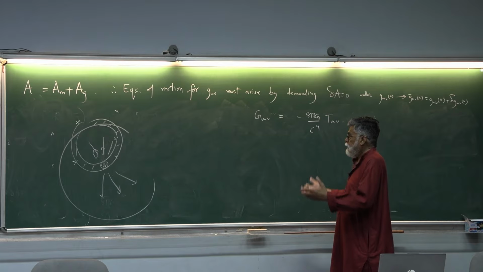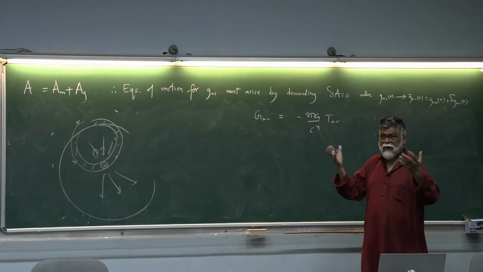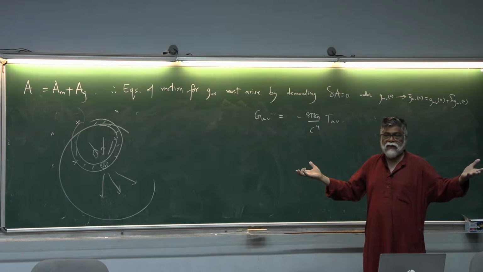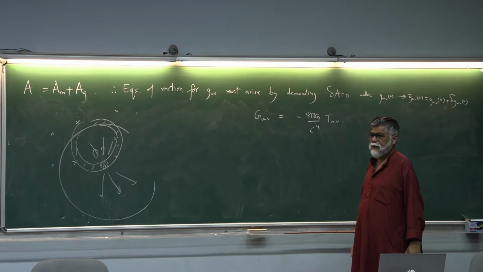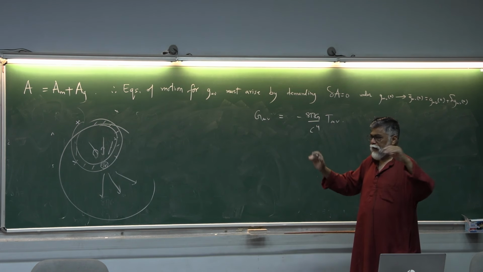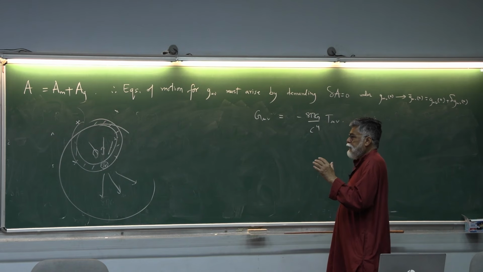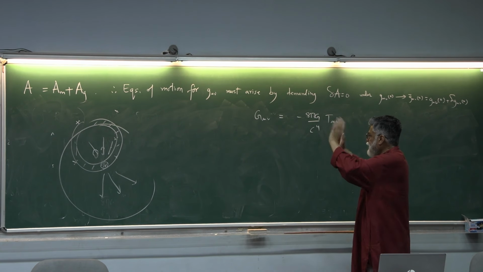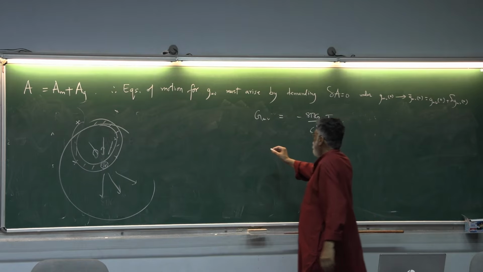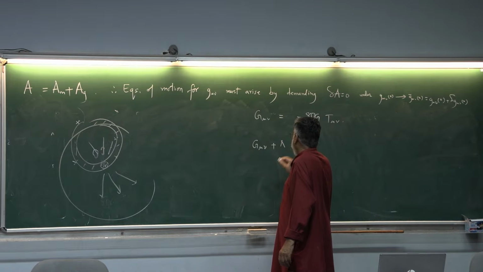So, he said, can I have a repulsive, cosmic repulsive term? He is being inventive. He is thinking out of the box. No one has observed a cosmic repulsive term. Can I add something so that it will produce a pure repulsive term? And for the pure repulsion, let me try to get that R mu nu, R00, 0. You have to figure out whether plus sign or minus sign. You figure out what sign it should be. So he said, let me add a term lambda g mu nu